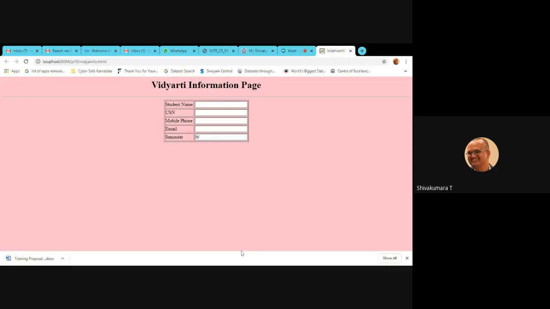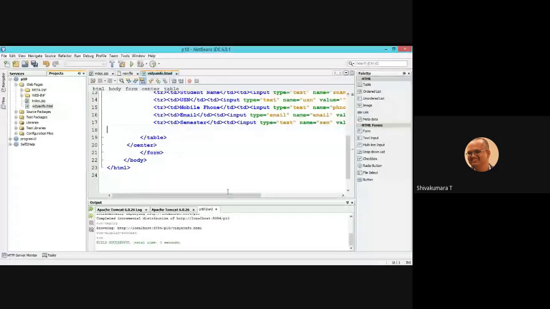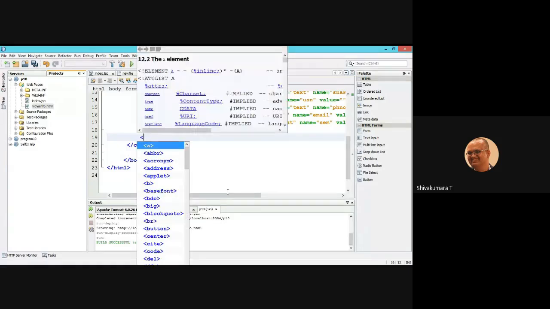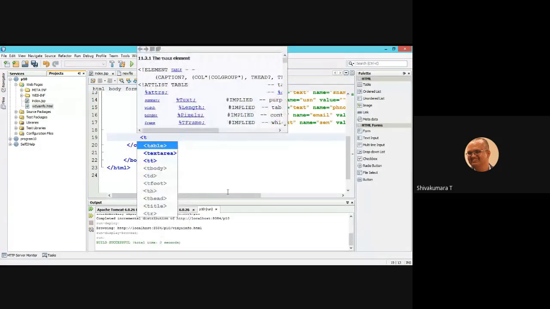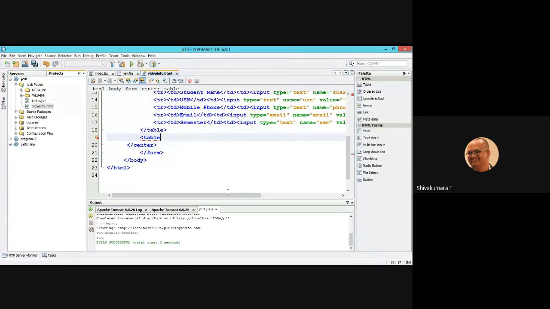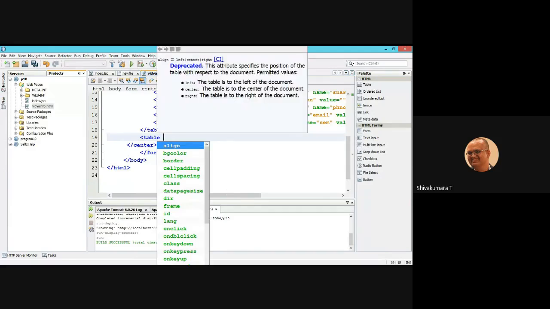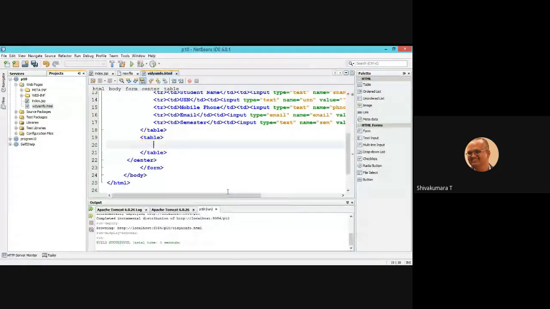Now switch to NetBeans. Add the buttons. Again, I am creating one more table, second table, to have control of the buttons.